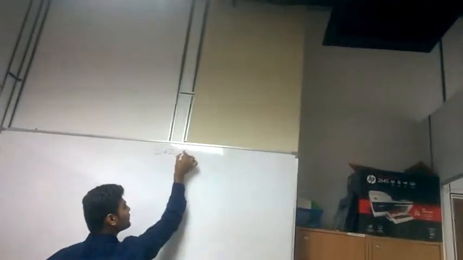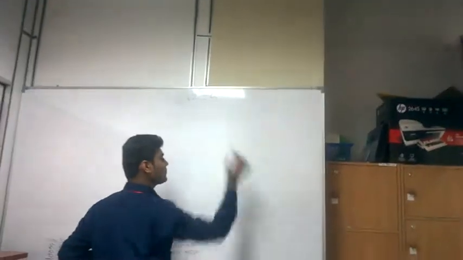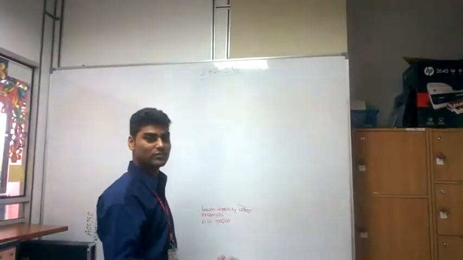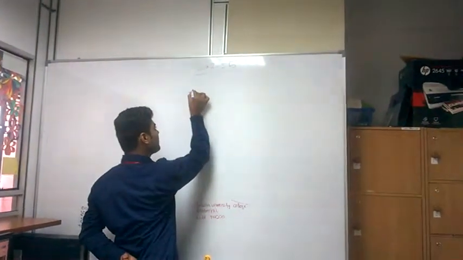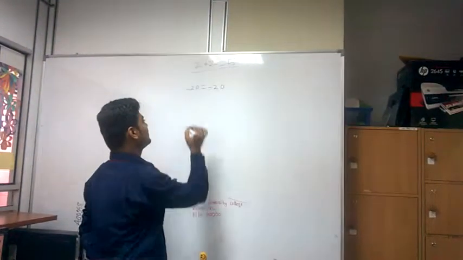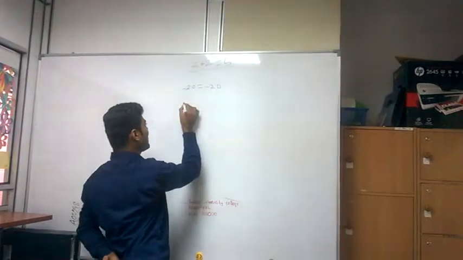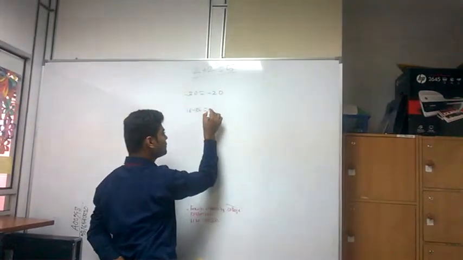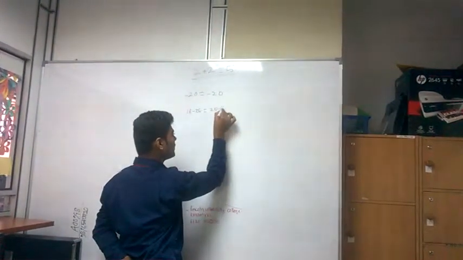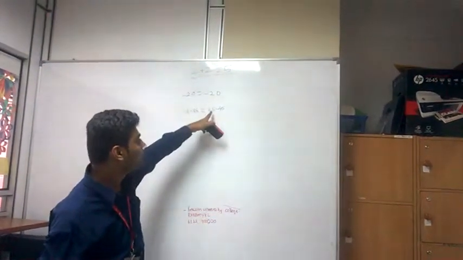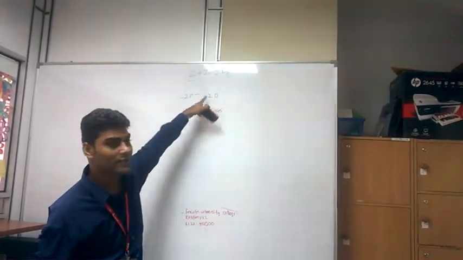What we have first taken is 2 plus 2 equals 5. Now first we can write 2 equals 2, 4 equals 4, 20 equals 20. So now I write minus 20 equals minus 20. Can I? Yes. Now see, I write 16 minus 36 equals 25 minus 45. When you subtract 16 minus 36, it comes to minus 20. When you subtract 25 minus 45, it comes to minus 20.